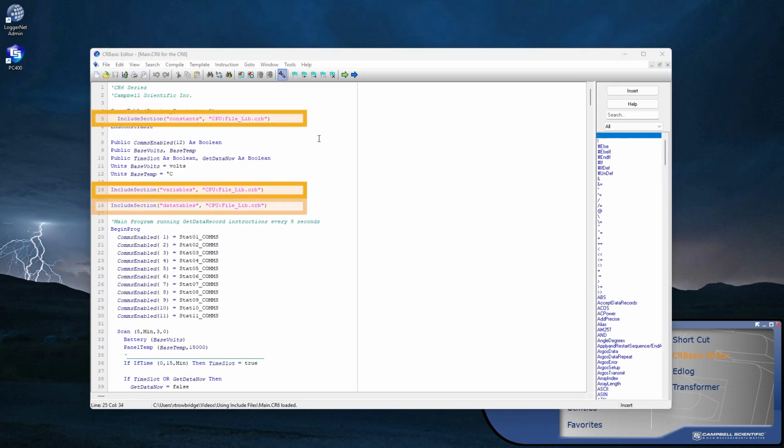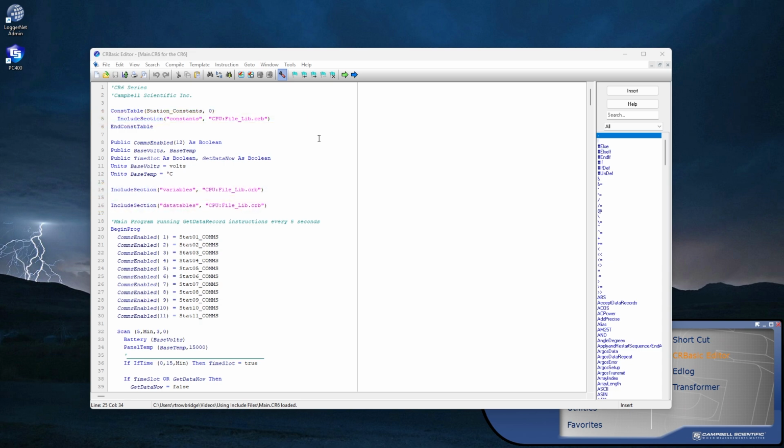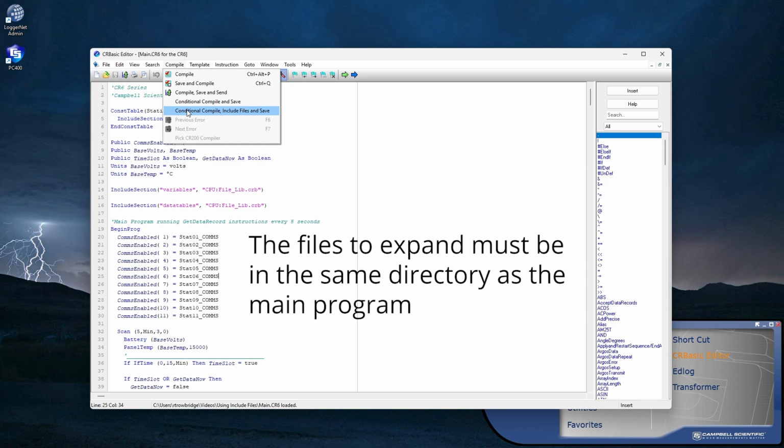Now I have a program that's much easier to read thanks to include section. During testing and development, however, it's helpful to confirm that all sections are included correctly. Do this in the CRBasic editor by selecting Compile, Conditional Compile, Include Files, and Save. This lets me confirm that include files will compile in the editor before sending the files to the data logger. For this tool to work, the file I want to expand must be in the same directory on my computer